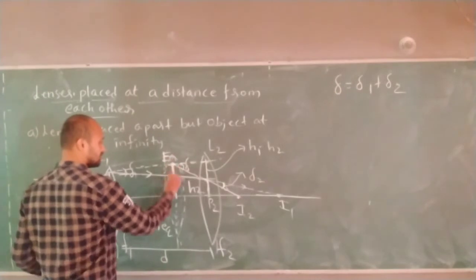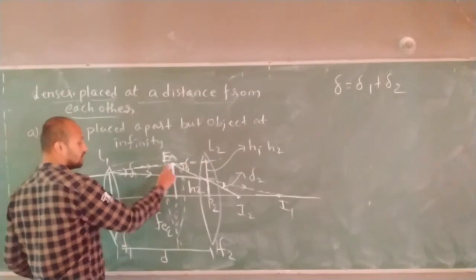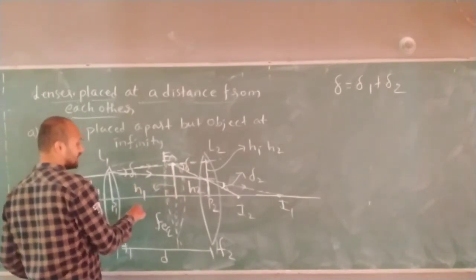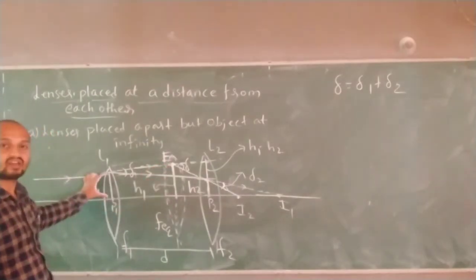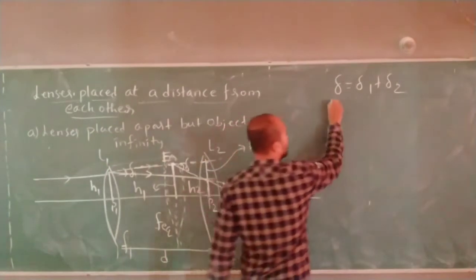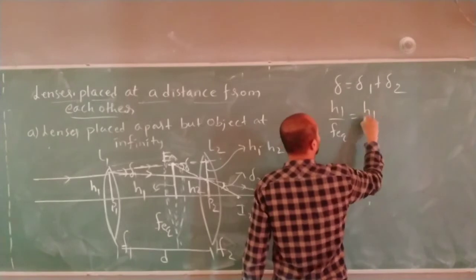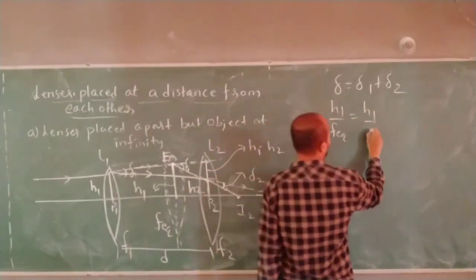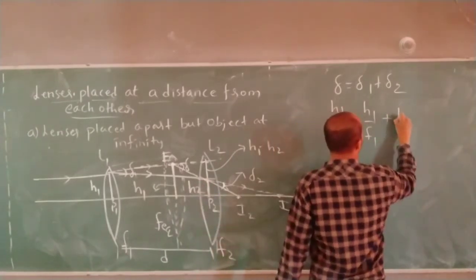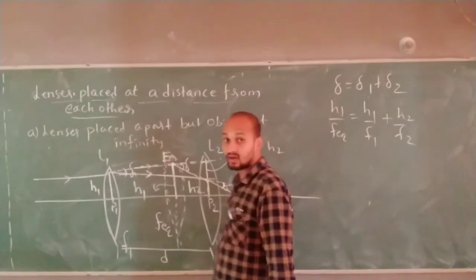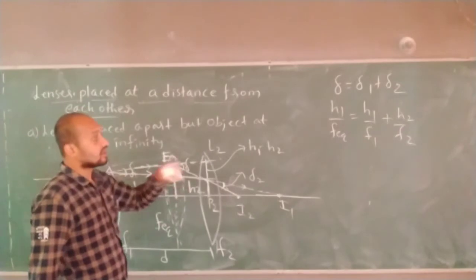What is this distance? If the ray was supposed to fall like this, deviation could have happened. What is this distance? This distance is again h1, because this distance is h1. So I can write delta is equal to h1 divided by F equivalent, which will be equal to delta1 plus delta2, that is h1 divided by F1 plus h2 divided by F2. Correct now? Combination deviation, previously you studied. So this is how I can tell. Still it is not finished.